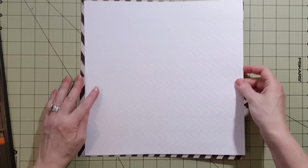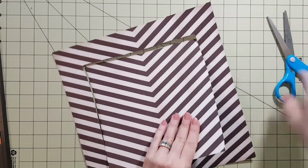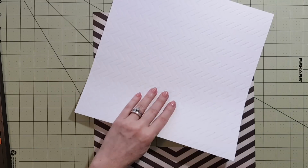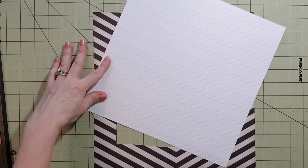I said I cannot waste all of that. So I flip it over after I cut it out, and you'll see it's just gorgeous flowers. It's just a gorgeous floral pattern. So here I'm going to go ahead and just put that, I trim it down, and then I put it